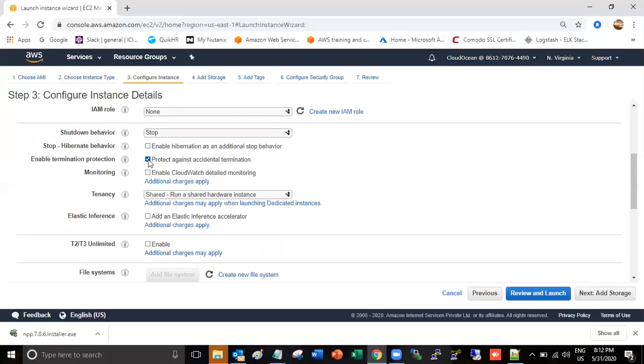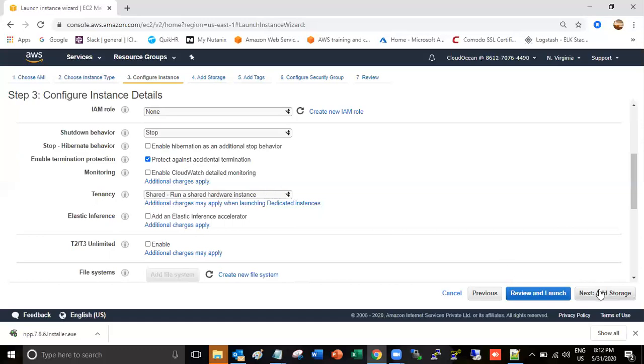Because unfortunately, if you click terminate, it will not allow you to terminate. It will give a pop-up message. Otherwise, if you are not enabling this option, and you terminate by mistake, it will become a big issue in your production environment, right? So just enable this. I will show this later.